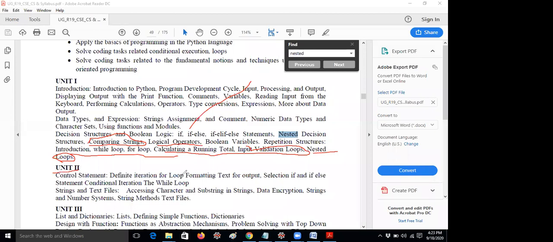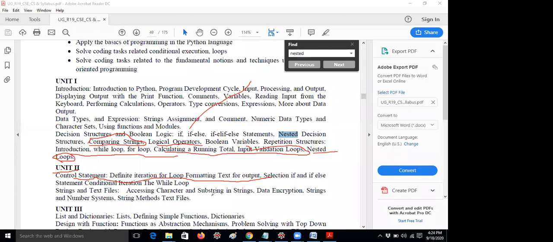Here you can check unit 2 also. We already completed most of the topics: control statement, definite iteration with for loop, formatting text for output. Definite iteration means, for example, printing 1 to 10 numbers. Indefinite means, for example, infinite loops.